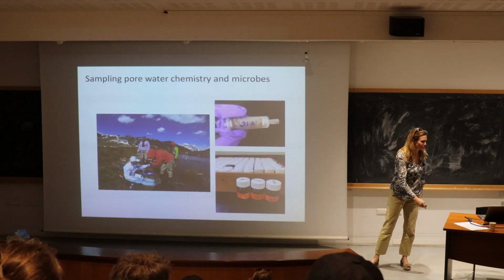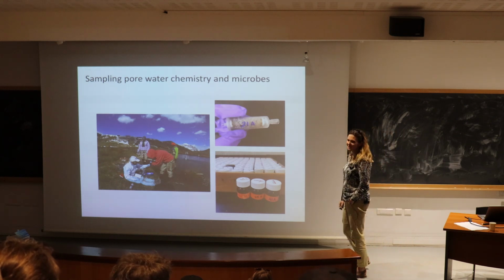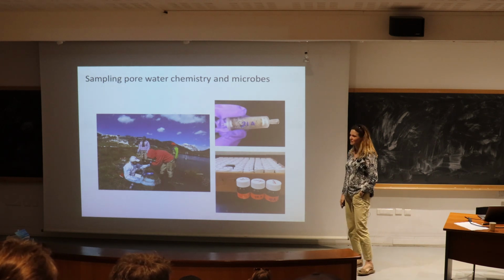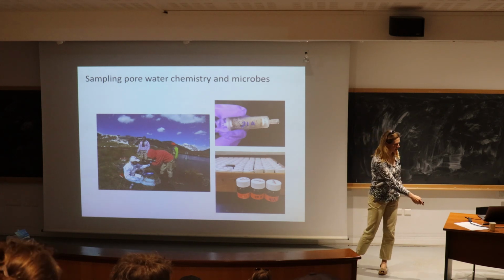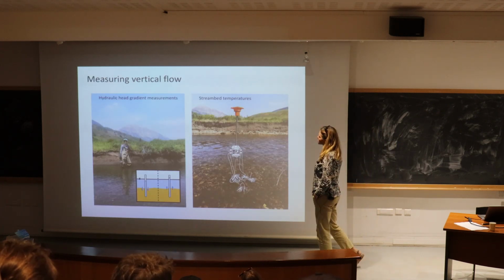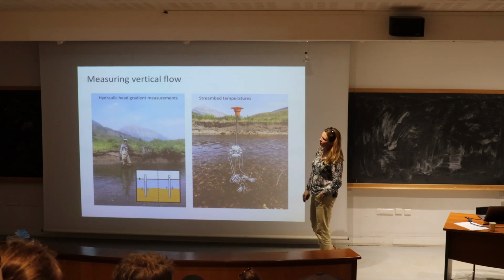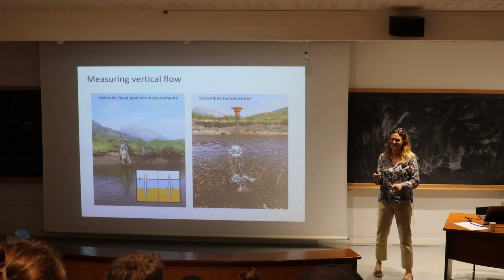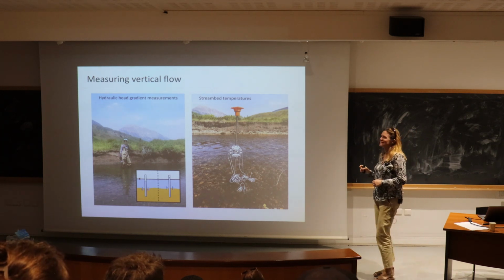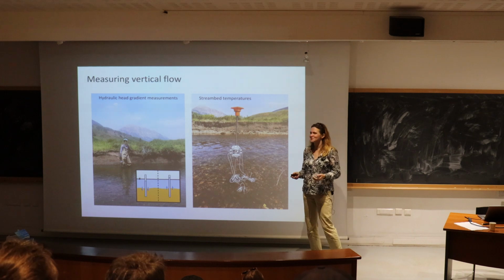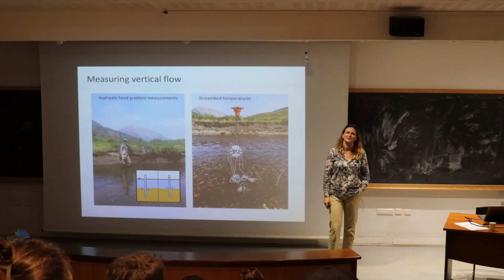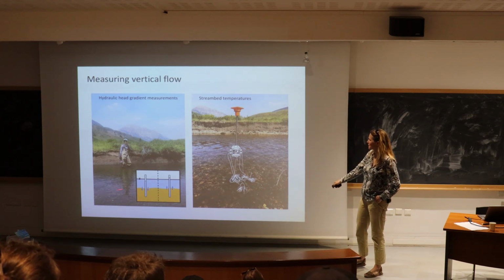And the sampling was a lot of fun. This is just giving you an idea of the field site. We collected samples into these really cool filters that could be used then for microbial analysis. And we also made some measurements of the vertical head gradient in the stream bed. This is a very technical measurement where you pound a pipe into the bed and you look at the water difference inside of the pipe and in the stream surrounding it. And so the pipe is open at the bottom, so the height the water level rises to in the pipe is telling you hydraulic head at this point at the bottom of the pipe.